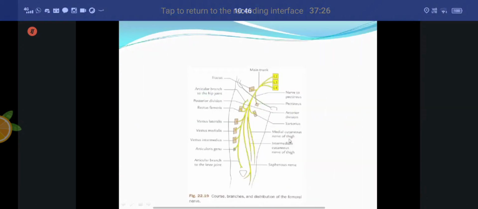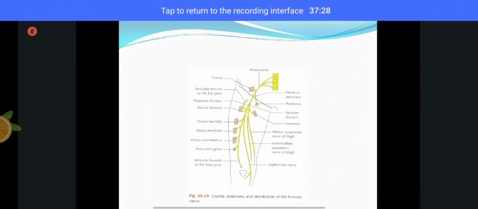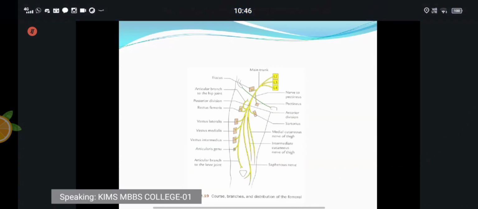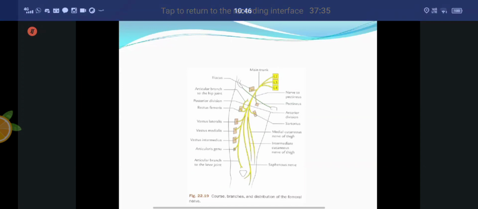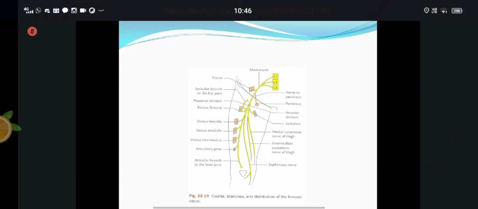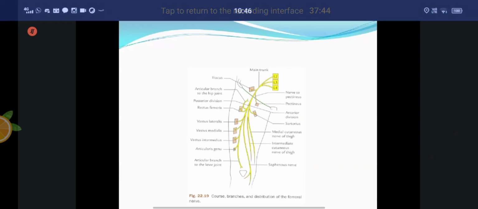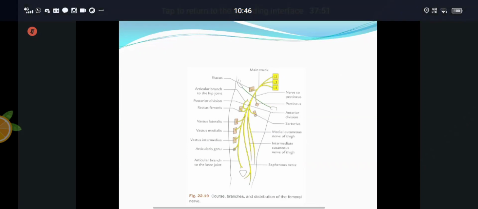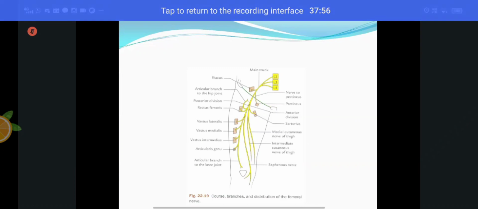Now coming to the last topic of the class, that is the femoral nerve. So till now we have studied the muscles, that is the sartorius and the quadriceps femoris. And the second aspect, we have studied the femoral artery. The two important questions which come from the femoral artery are the profunda femoris artery and the anastomosis. And regularly the trochanteric anastomosis and the cruciate anastomosis have come as questions for you. And the last aspect of today's topic is the femoral nerve.